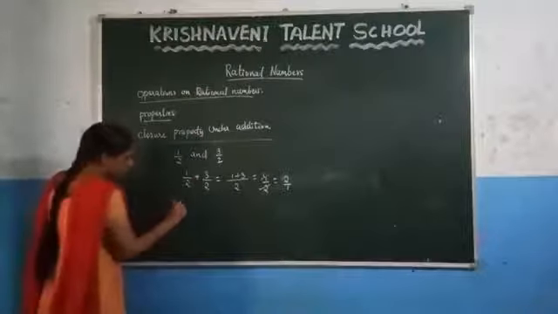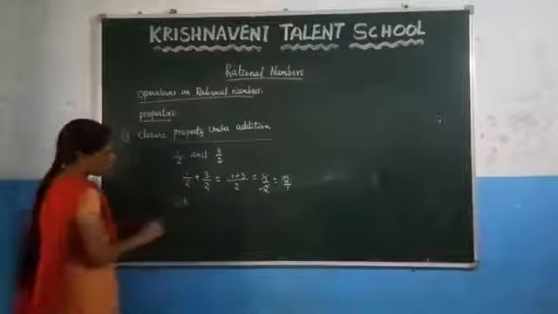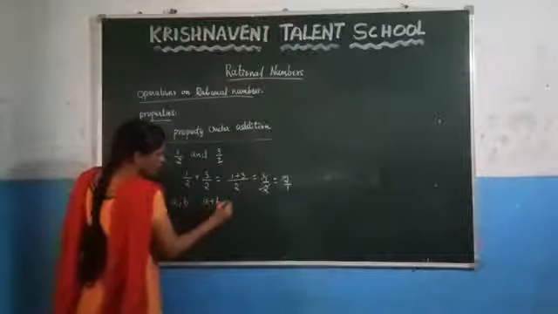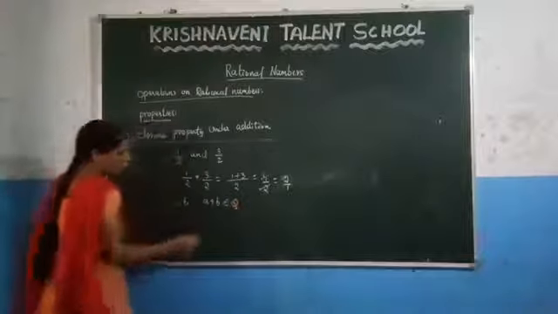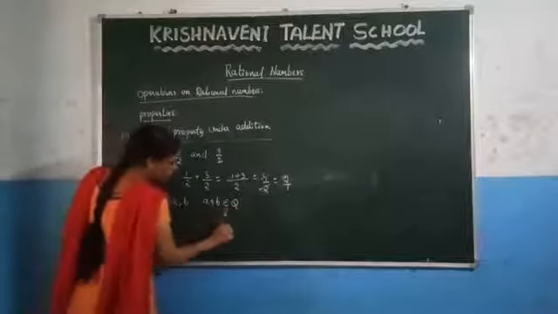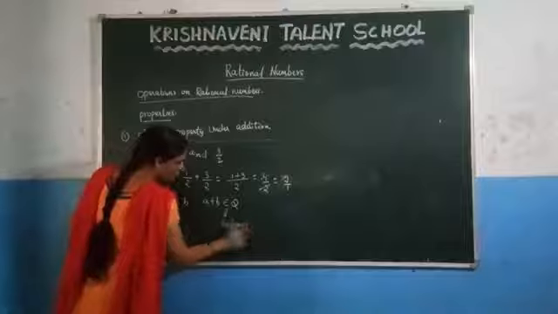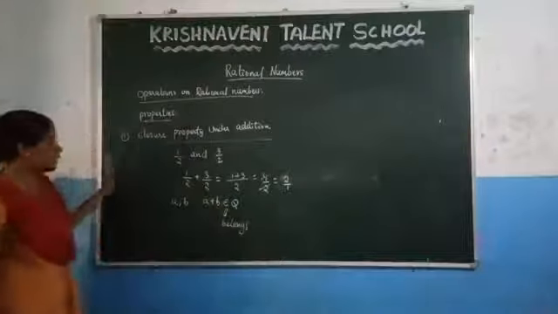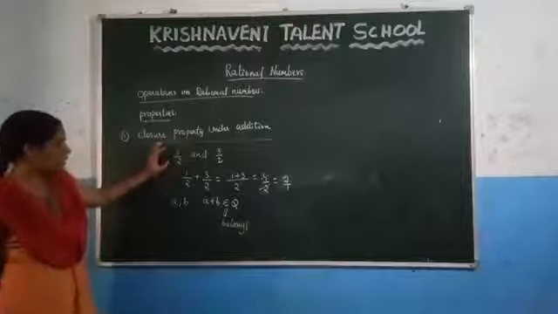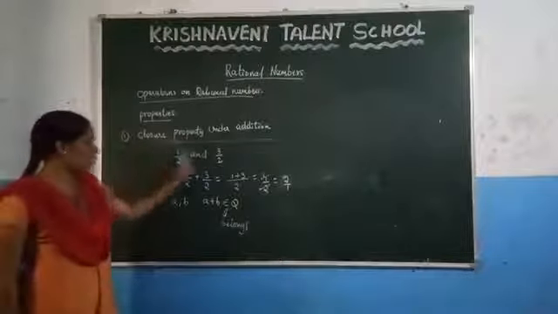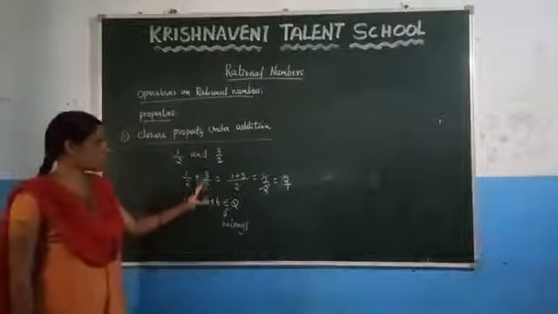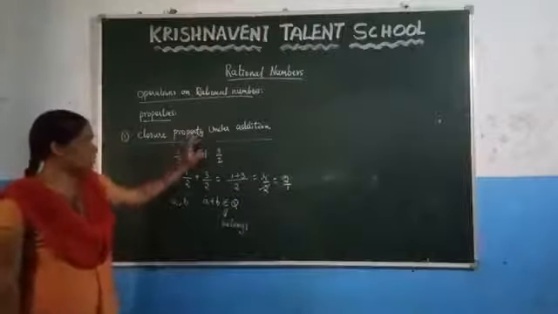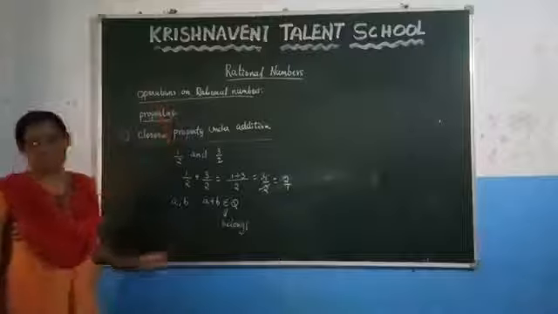That means if you consider any two rational numbers a and b, what the closure property under addition says is that a plus b must belong to Q. Here this symbol is nothing but belongs, and you know that the rational numbers are denoted by the letter Q. So if you add two rational numbers, you get a result that is also a rational number. So we can say that the closure property holds good under addition in the case of rational numbers.